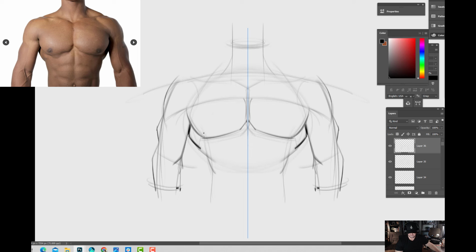See the latissimus dorsi muscles, and then in front of the lats we have the serratus muscles here, and you can see the rib cage, and below that we have the external obliques. There's that little muscle underneath the pectoralis major. I'm going to go ahead and just lightly indicate where the nipples are,